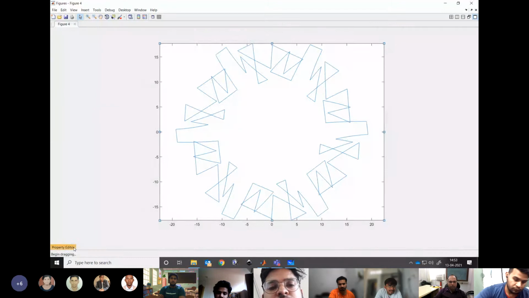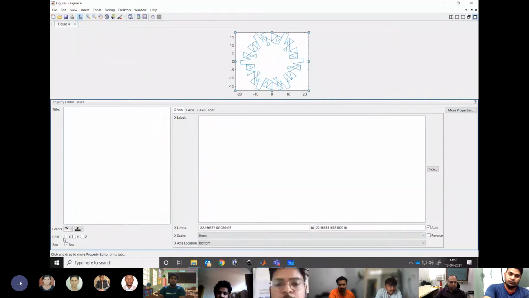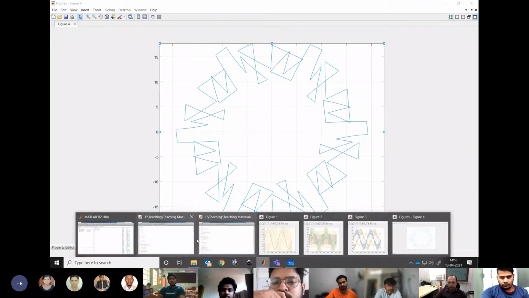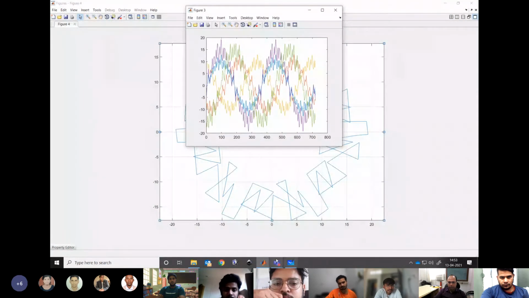This is how your current vector is actually moving. The fundamental component is of course going on the circle, but the ripple sitting on top of that has this kind of wavered motion. And this wavered motion is coming because of your switching sequence 0, 1 to 7 and all. Understanding my point? This is particularly done for sine triangle. If you choose another sequence, you can make it better. So let me add the common mode and make it a space vector. Let us see how it looks.